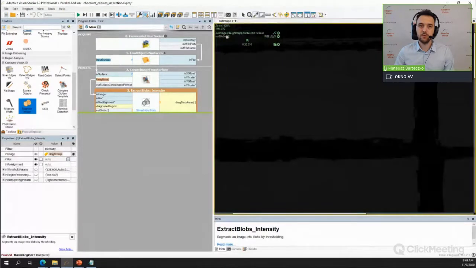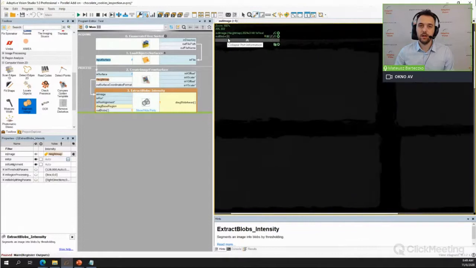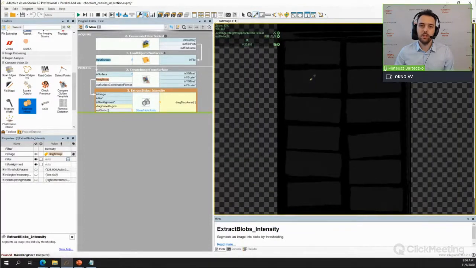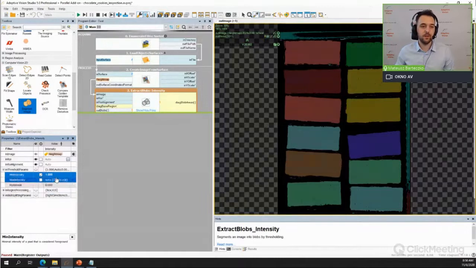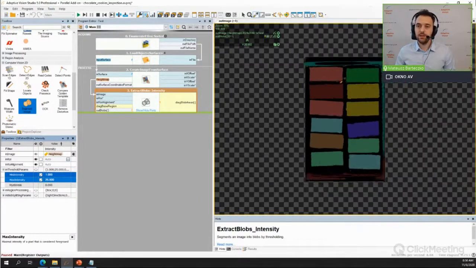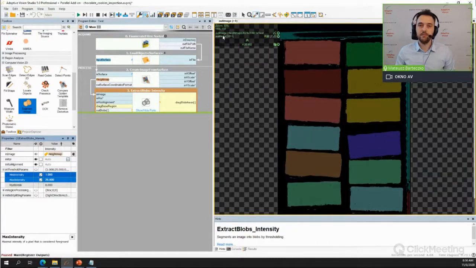I will switch off the preview of the point cloud. You can see that we have an empty array of blobs. This is because we need to adjust the parameter. I will change the threshold values here so that the output blobs will represent the points that are higher than 1 and smaller than 25. In that way, we have an array of over 1,000 blobs,